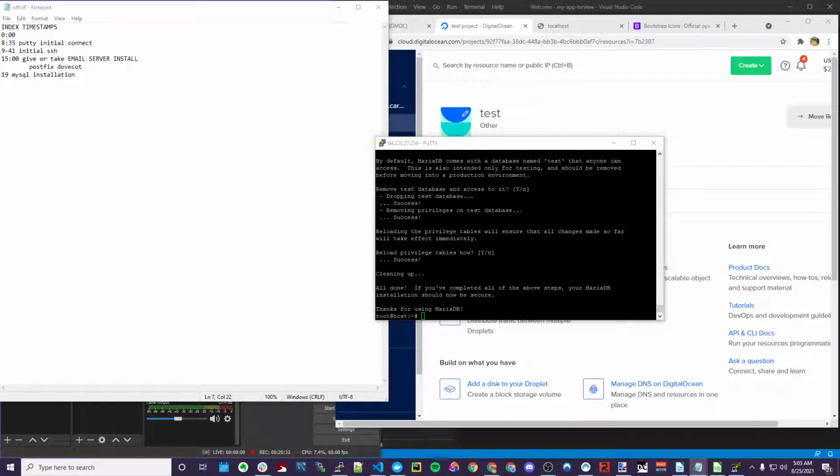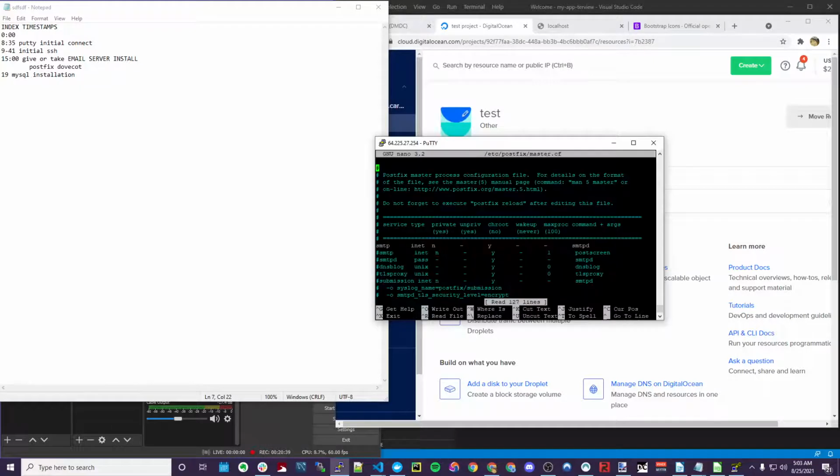MySQL server. Did it. Next, let's go to Postfix. And we're going to change some settings. We're going to enable SMTPD, which is good. I didn't write this one down, but I remember it is